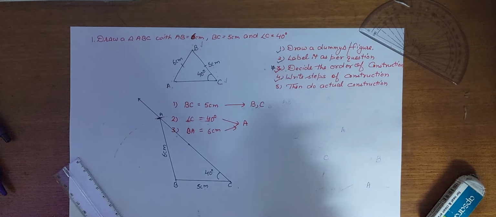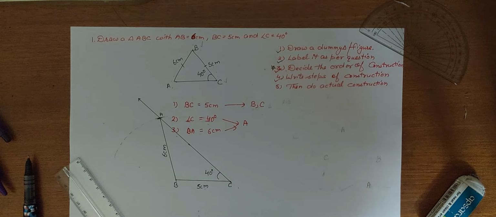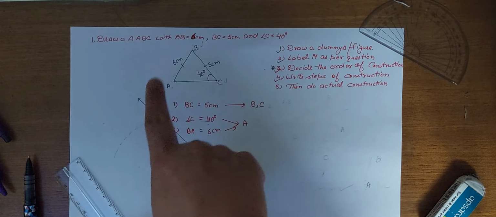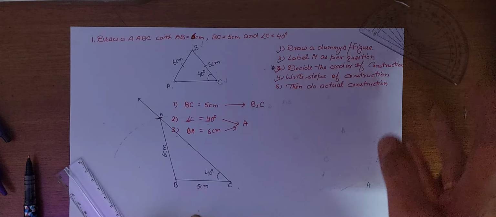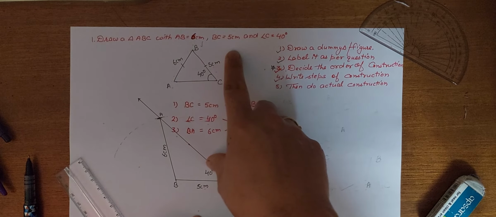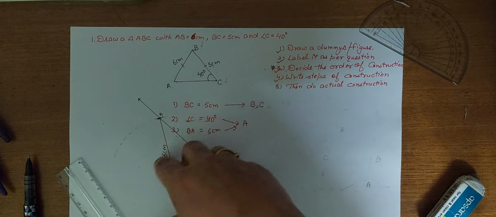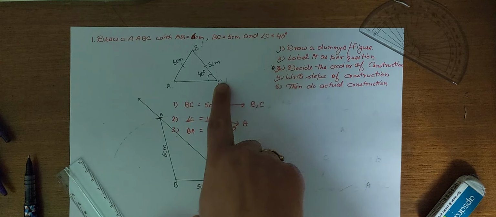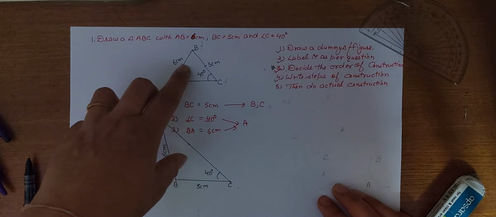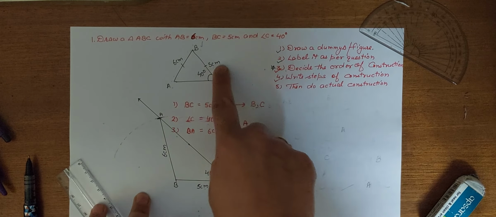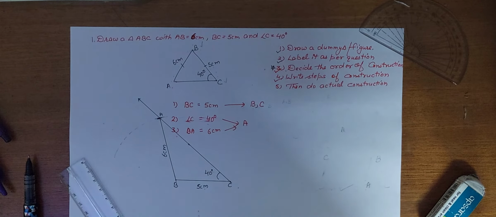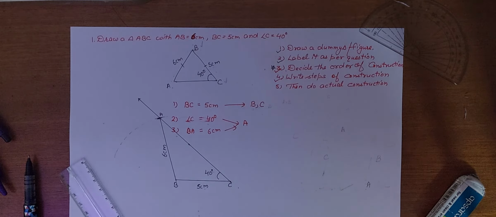So I'll be giving you an assignment based on it. I'm repeating again, I want to see the dummy first. Just without thinking anything, just draw a dummy. Then label it as per the measures. Draw the dummy without thinking, label it as ABC. A can be here, A can be here, A can be here. But after that, the measures should be labeled accordingly. Once that is done, decide the order of construction here. Take a pause, decide the order of construction. Do not rush to finish the work.